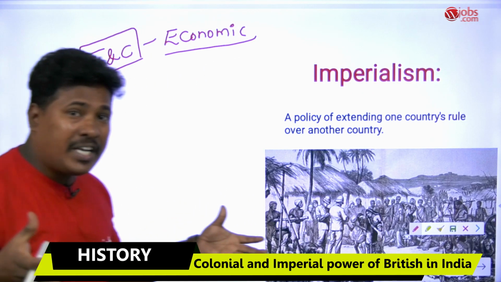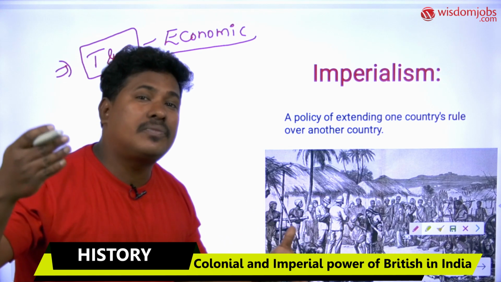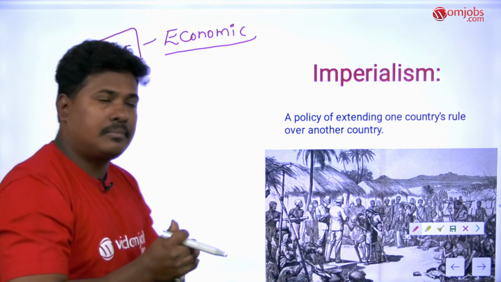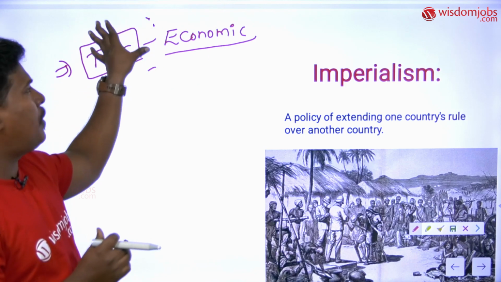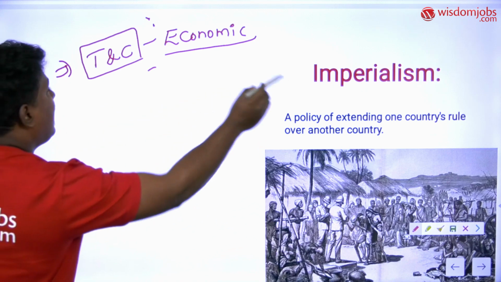So the British started looting the wealth of India while performing trading activities with India, looting the wealth in the form of raw materials. That is colonialism. It is purely associated with economic aspects, while imperialism